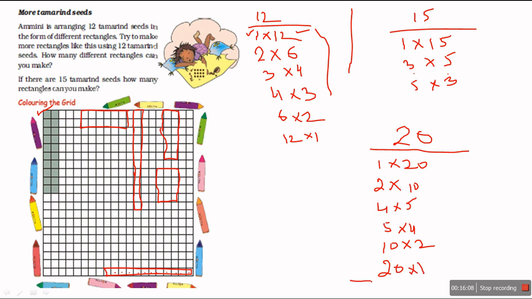So we can make all these possible rectangles by considering this length and this breadth. These many rectangles we can form with the factors of 12 seats, 15 seats, 20 seats. What you can see, I have started with 1. You can see 1, 2, 3, 4, 5 is not a factor, so left. And after some time, these factors repeat themselves.